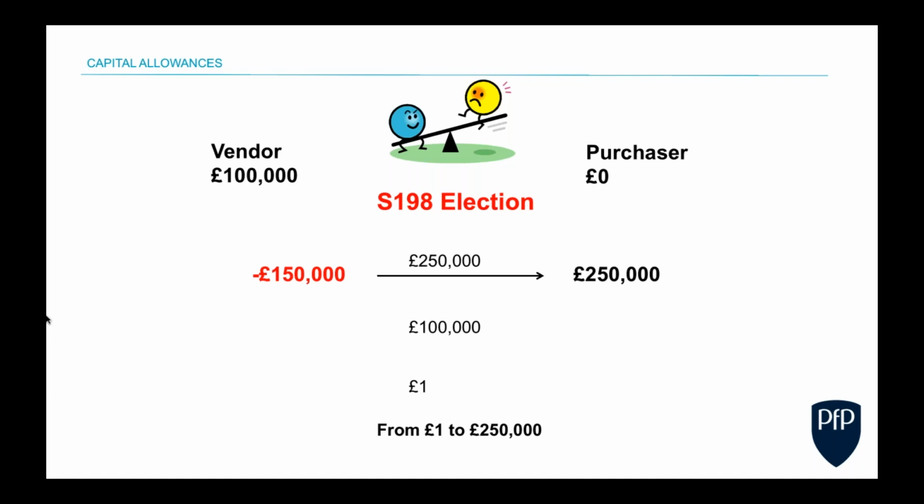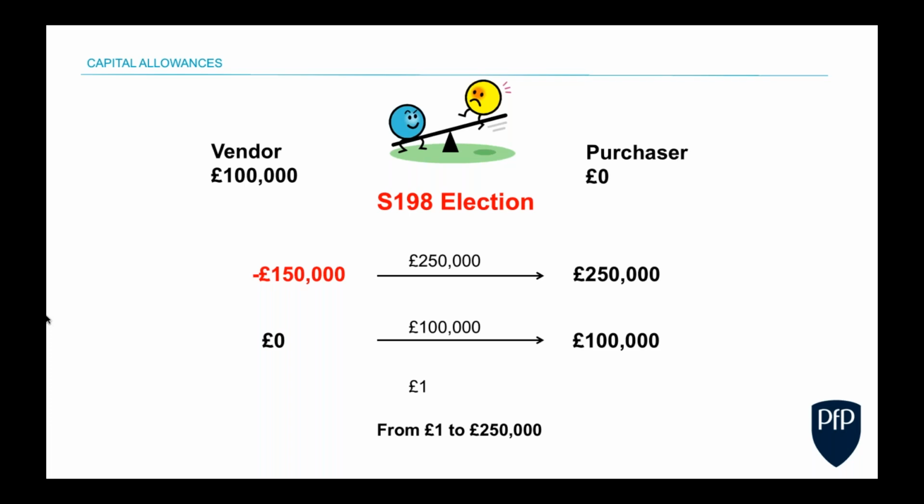But if the election was set at £250,000, then you would have plus £250,000 to the purchaser's capital allowance pool and minus £250,000 from the vendor's pool. So keeping the maths nice and simple, minus 250 from 100 would drive us into a negative 150 and therefore create a balancing charge to the P&L. So there'll be a tax charge on effectively notional profit. So not great news for the vendor unless they had some large carried forward losses or some other way of absorbing this. If it was set at £100,000,